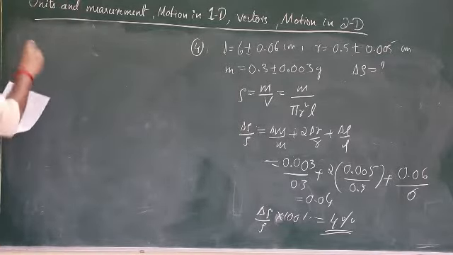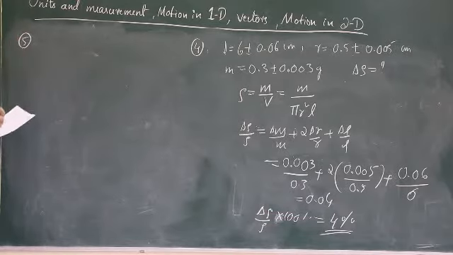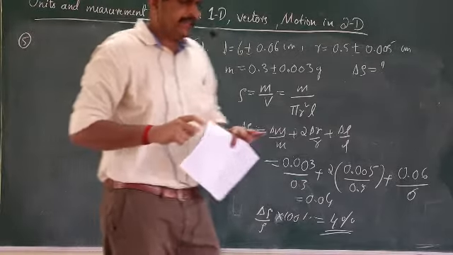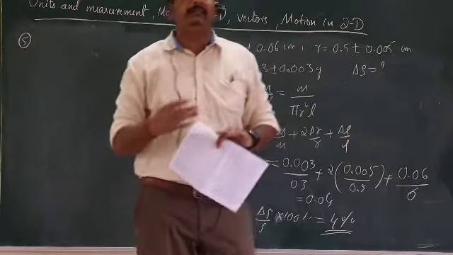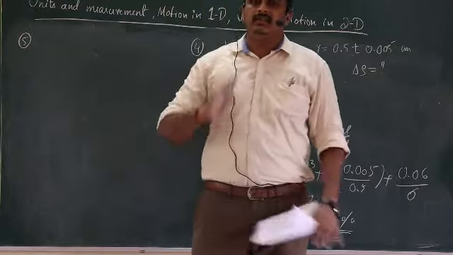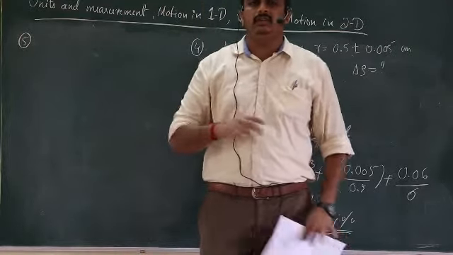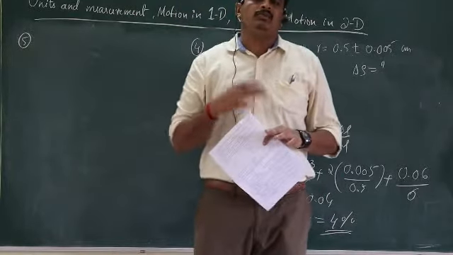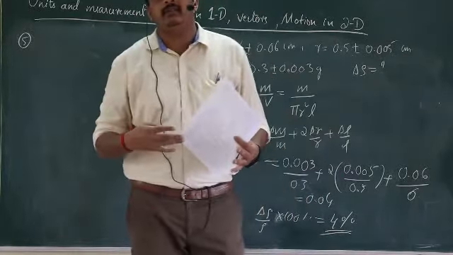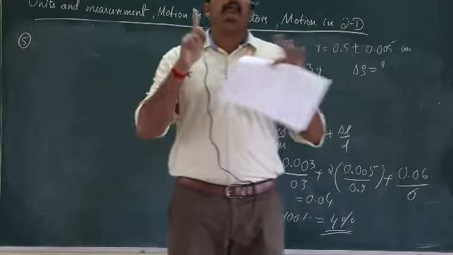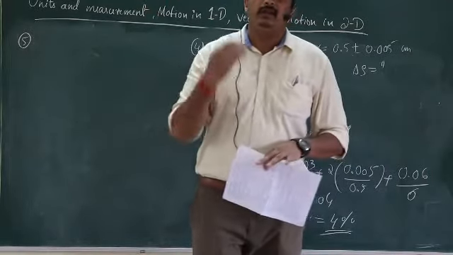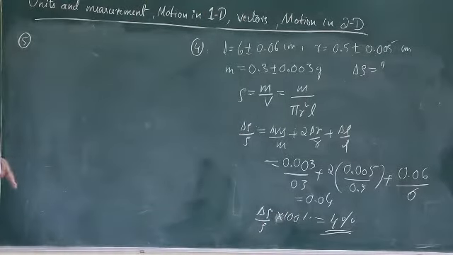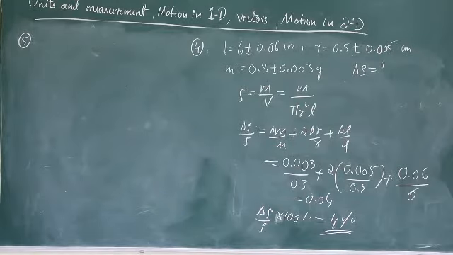Question number 5 is all about significant figures and rounding off, because it's a theoretical kind of thing. It doesn't deal with any formulas. That is why I didn't discuss it here. It is just theory. Once you learn that, it will be very clear how to round off, how to find out the significant figures, which is the most significant figure, which is the least significant figure. The table which I have given, when we discuss in class, always remember that. You can recheck that once again as a shortcut method regarding significant figures.